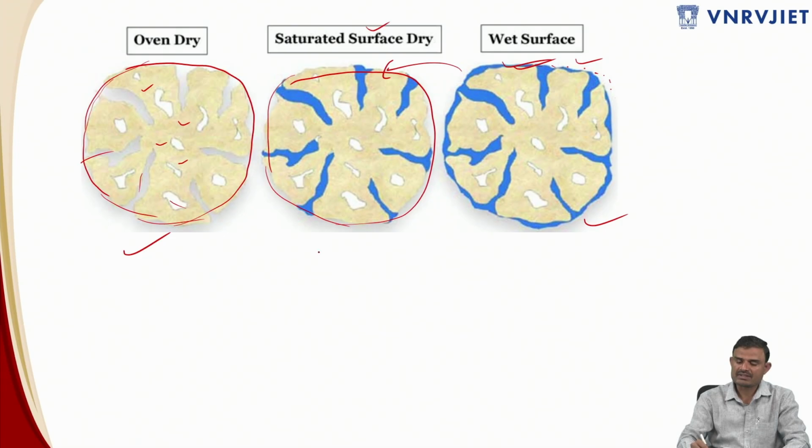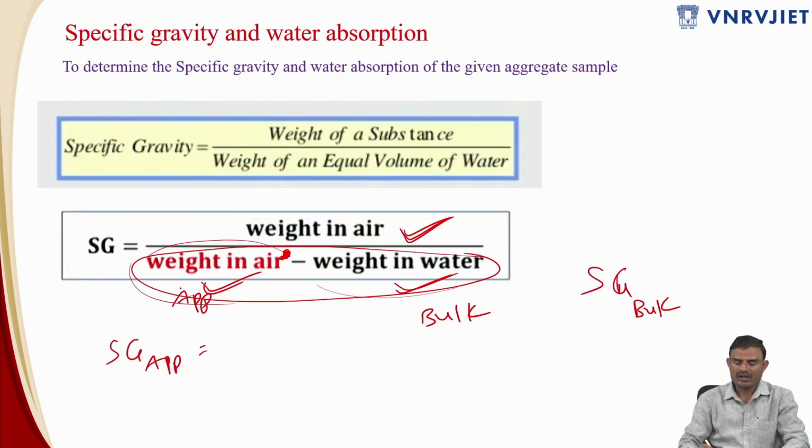If you are taking the saturated surface dry volume, this is nothing but W3, which is the saturated surface dry weight, and this is nothing but again W4. If you want to take the apparent specific gravity, this weight will be W4. Here the weight in air is a different criterion. It is going to change with respect to the volume that we are going to consider. In terms of apparent specific gravity, the numerator is the weight of the